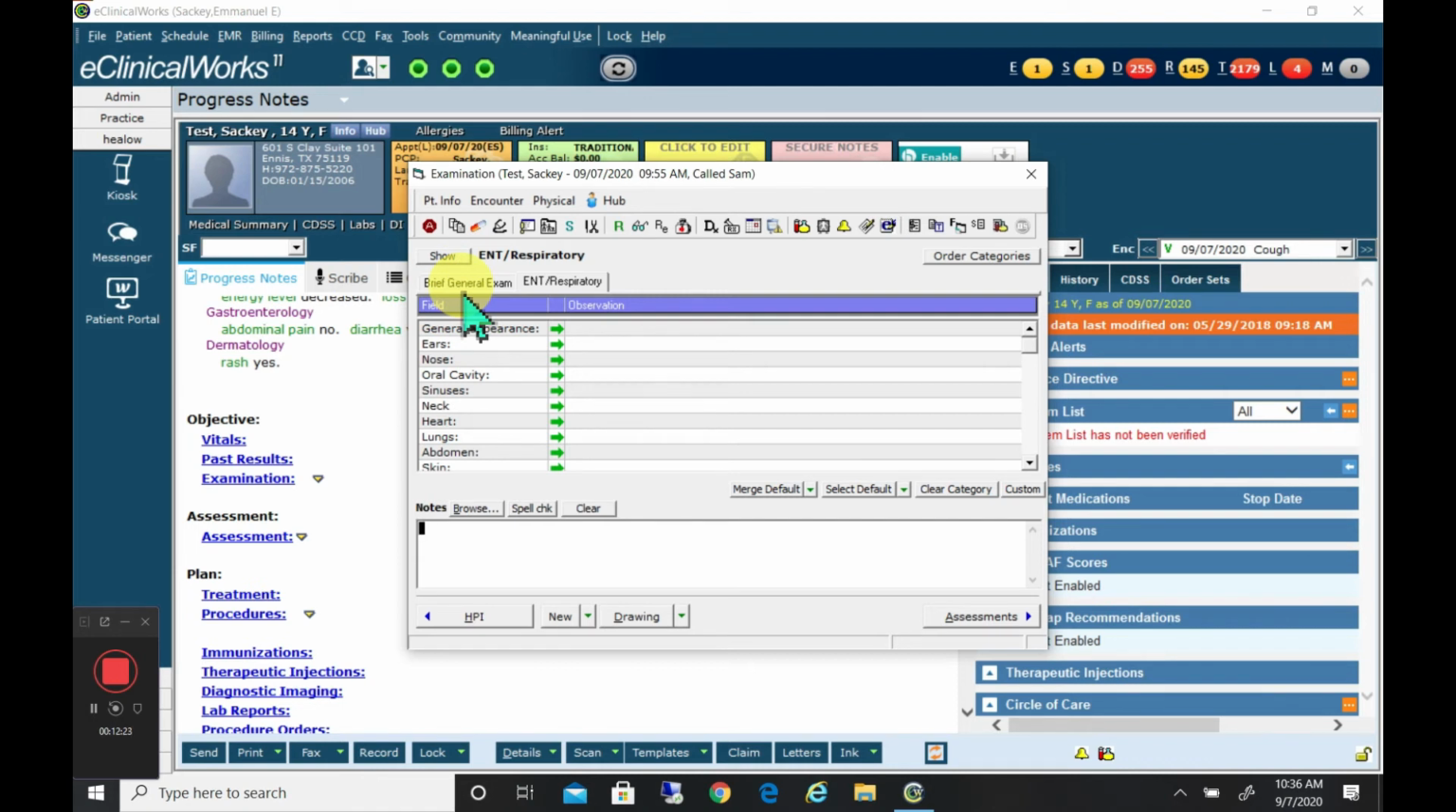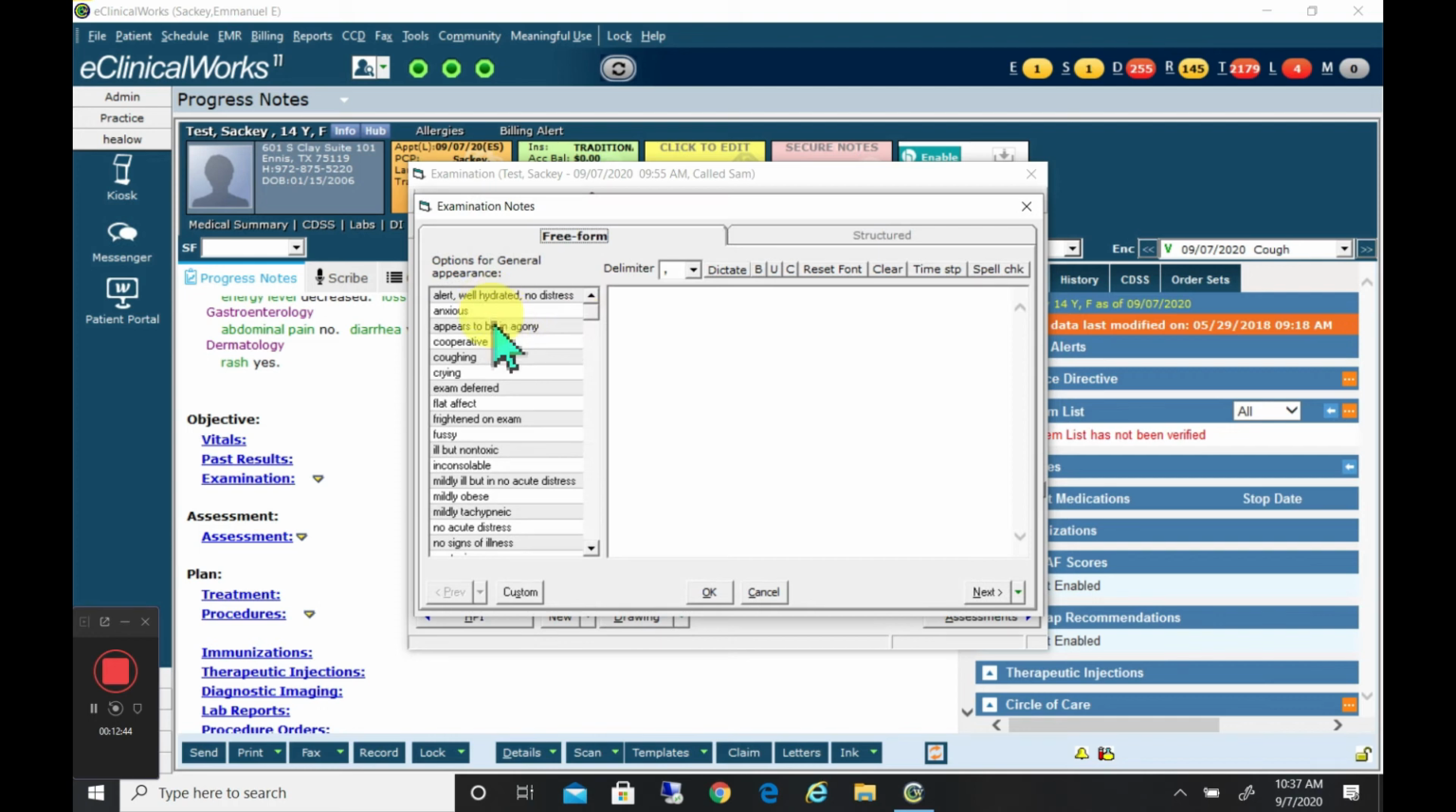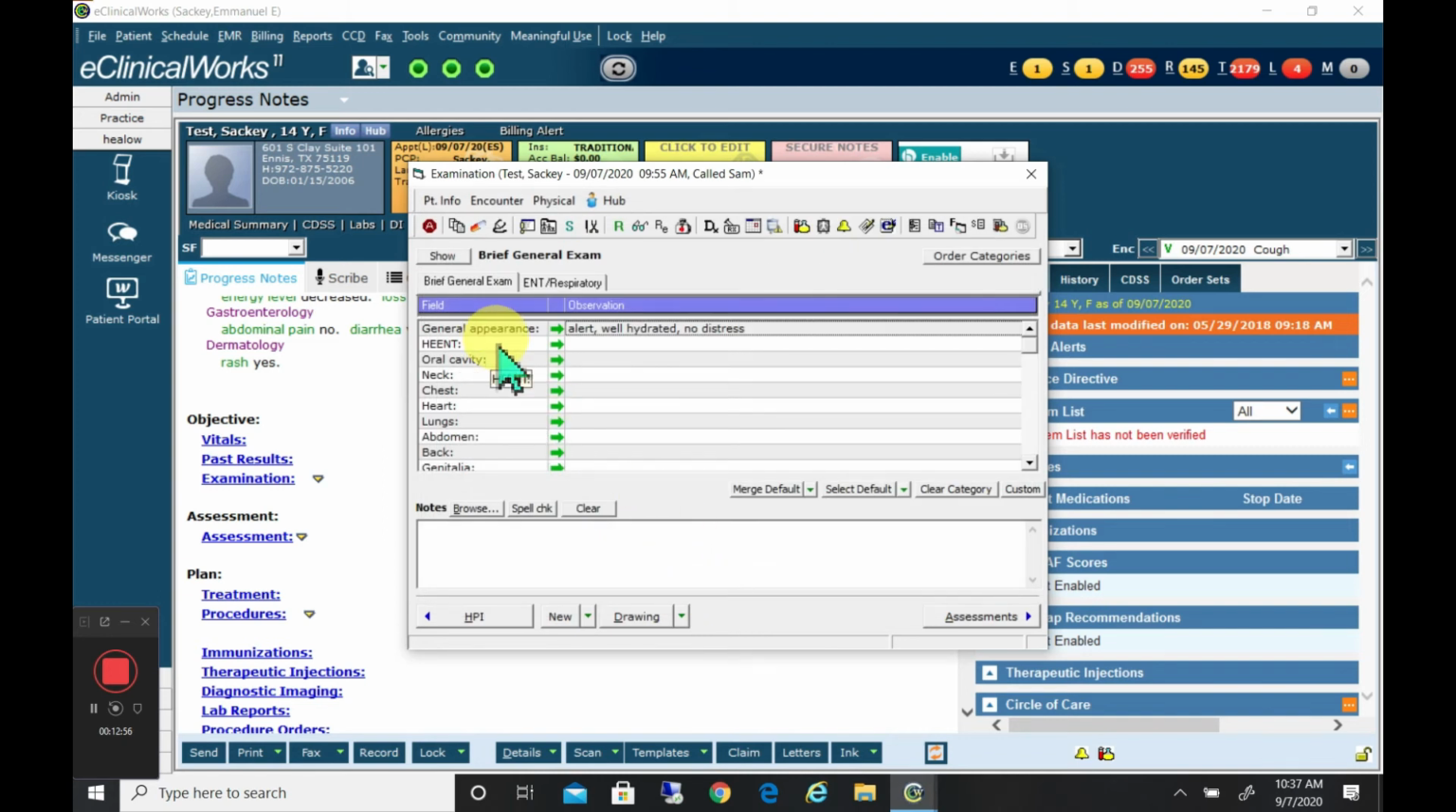You can use the brief general exam, which is what you would use for most histories. And on the brief general exam, it gives you the general appearance, HENT, it gives you all the systems basically. By clicking on the side, you get some options. It first says alert, well hydrated, no distress. So that's a pretty easy one. You could click and then you would press OK, satisfied. And the HENT,